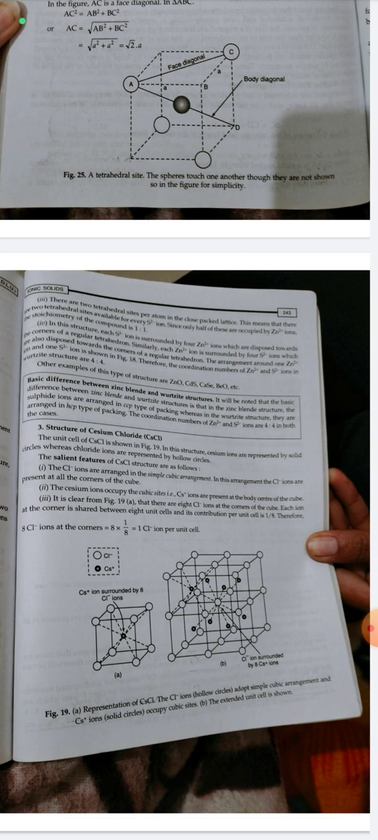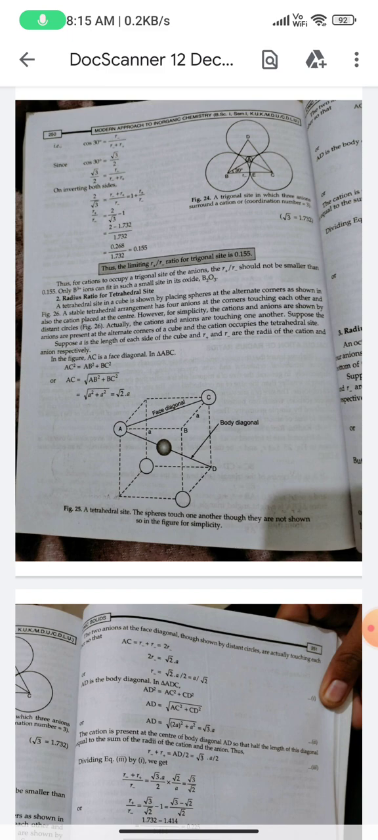It is clear that there are 8 chloride ions at the corners of the cube. Each ion at the corner is shared between 8 unit cells and contributes 1/8 per unit cell. Therefore, 8 chloride ions at the corners, 8 into 1/8, is equal to 1 chloride ion per unit cell. Thus